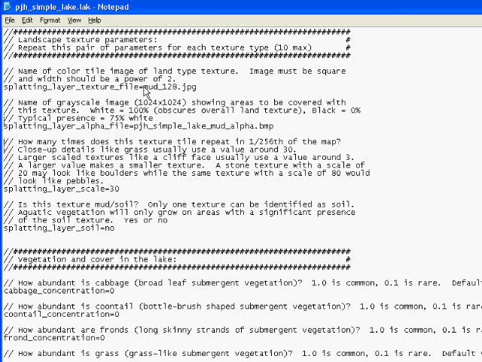Okay, now, splatting layer scale. You can change how big the texture looks in the world. It's self-explanatory on here. You can change the number if you want. If you want to make grass look smaller or bigger, stones look like boulders, play around with this number. The smaller the number, the fewer times in a given area the texture repeats, which makes the image on the